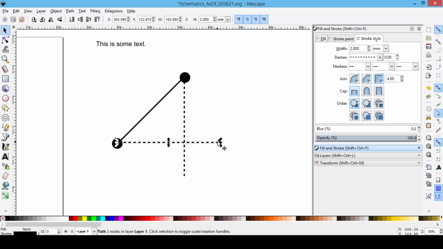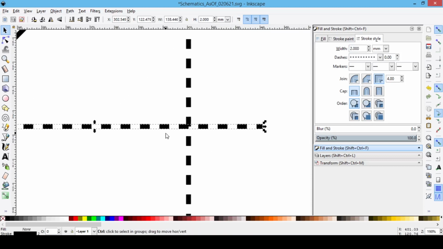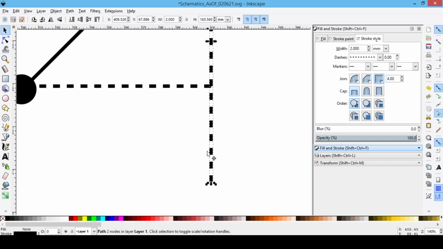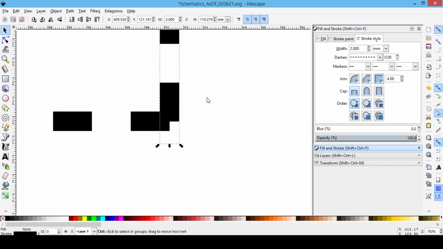Now I need to scale this in and out, and you can see if I scale it like this, it makes the width bigger. So to get around that, we deselect this, change the width back to 2, and now when we adjust this, you can see the width doesn't change. So now we can move this guy in like that. We can move this guy in